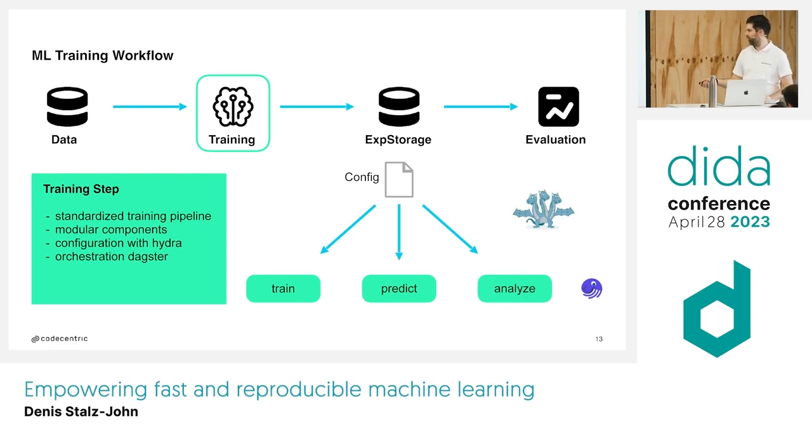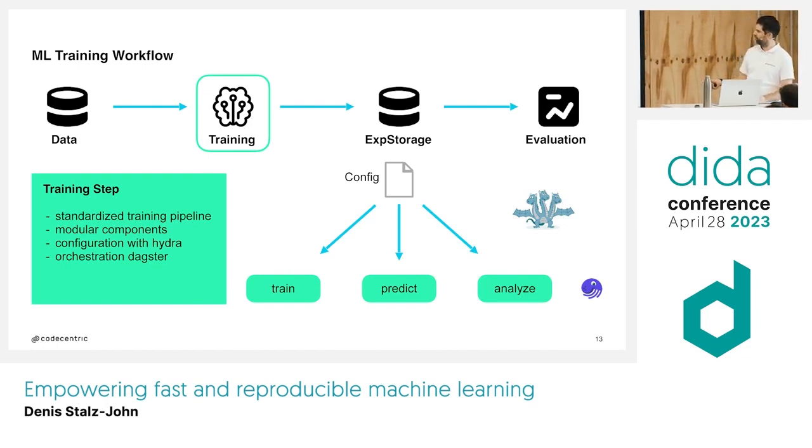At first, it's the optimization of the model, then the prediction on the data set, and then the analysis. What we want to do is take the same training pipeline for all our customers. So we have a training step, a prediction step, and another step,